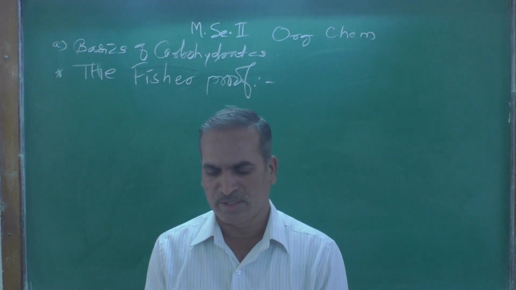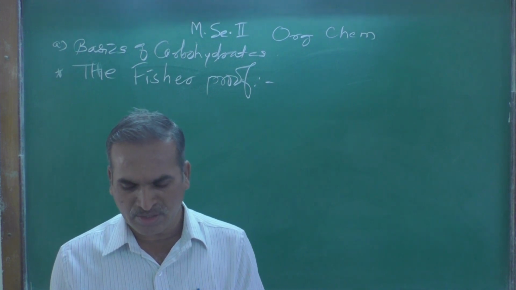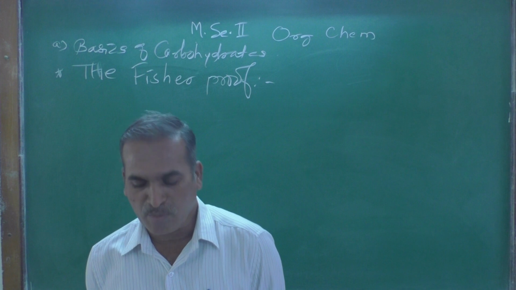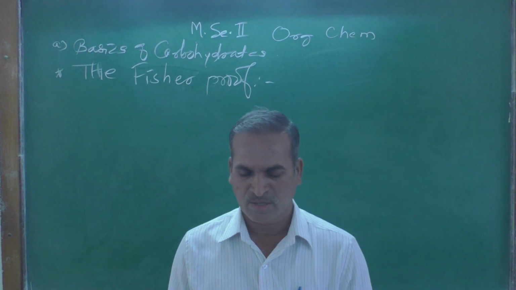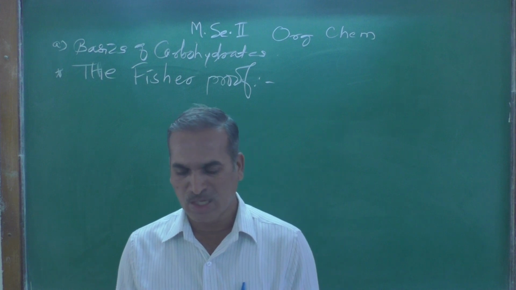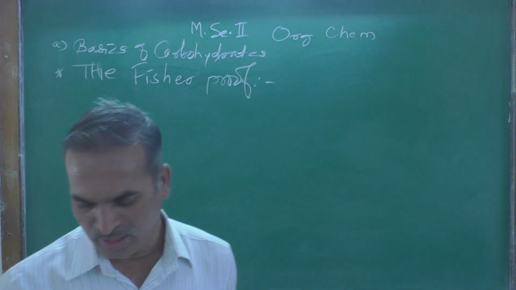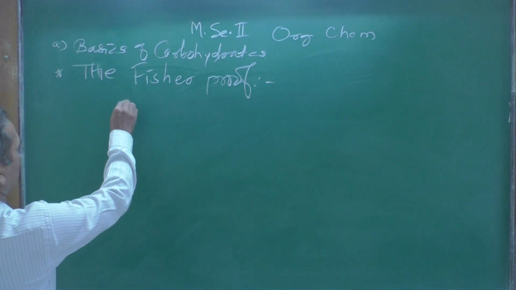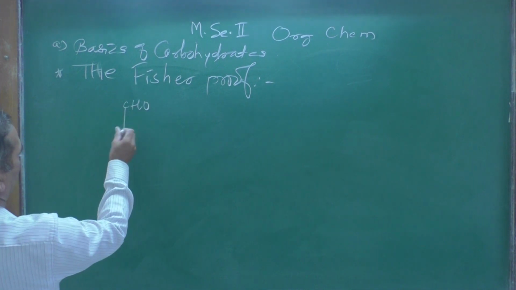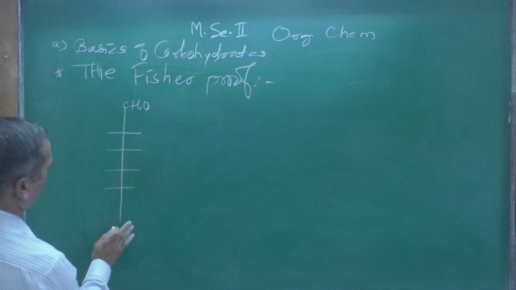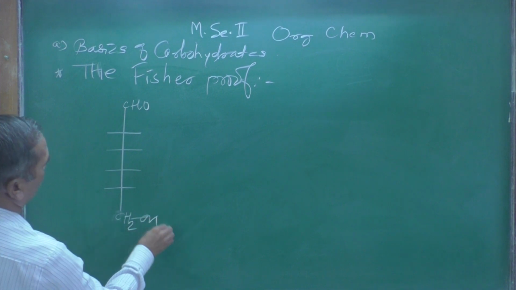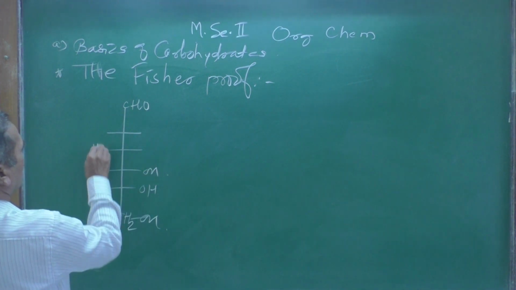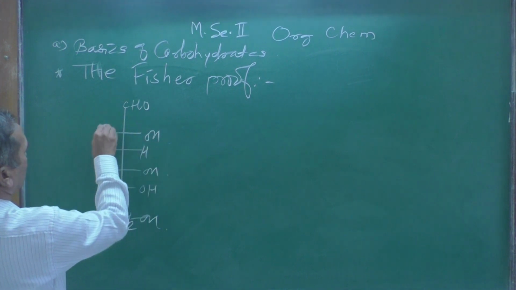From Fischer's work in 1902, chemists were able to write the projection and ball-and-stick formulas for D and L glucose as follows. We already know the structure of D-glucose: here CHO, which is always written at the top, 1, 2, 3, 4, and here we write CH2OH. On the basis of the Fischer projection form: OH, H, H, now HO, H, here OH and this hydrogen atom.